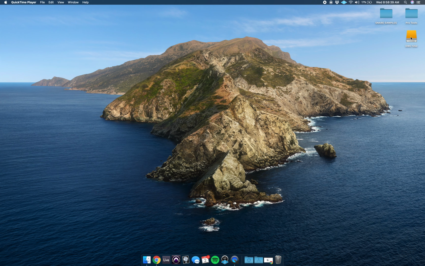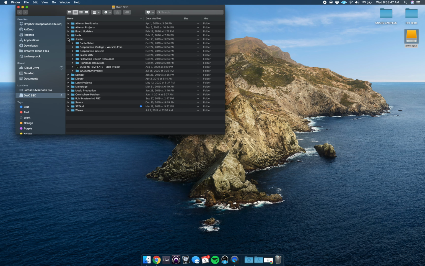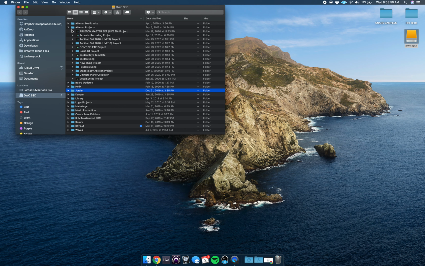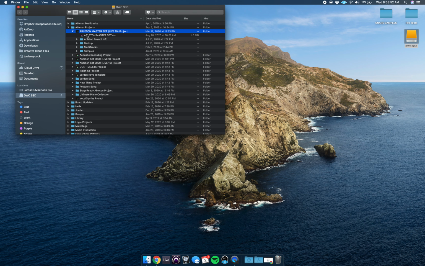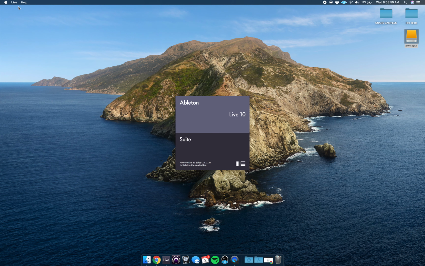So the biggest thing you need to first off remember is your Ableton set is gonna be on your hard drive. So once you have your hard drive in and it shows up on your computer, you'll go in. Mine looks a little differently than y'all's, but same things apply. You'll pull up. May take just a second, but